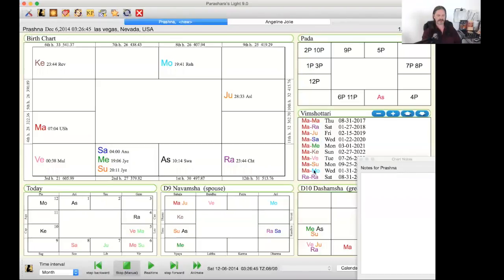Saturn was going through that same sign and house by transit as her first and seventh house and second house Bhava cusps. So very interesting that during that transit of Saturn going over the first, seventh, and second house Bhava cusps, she was trying to make the relationship with Brad Pitt work, trying to make a commitment to it, and then finally left it. What changed is she changed dashas during that time, because she started it in Venus Ketu,